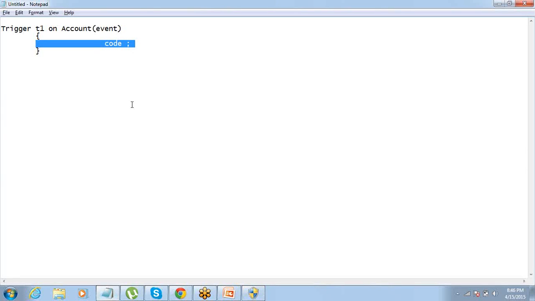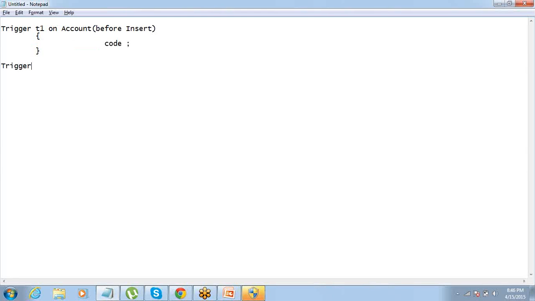If I write the event here, before insert, it means this code will get executed before a new record is inserted in the account object. Simple.